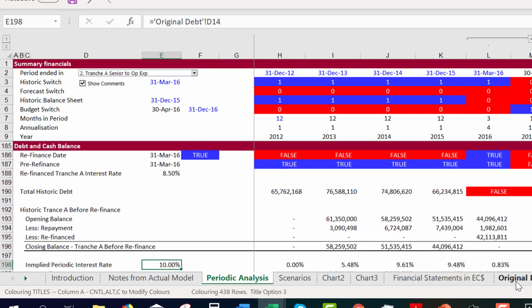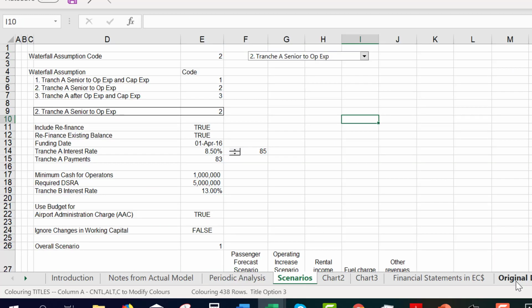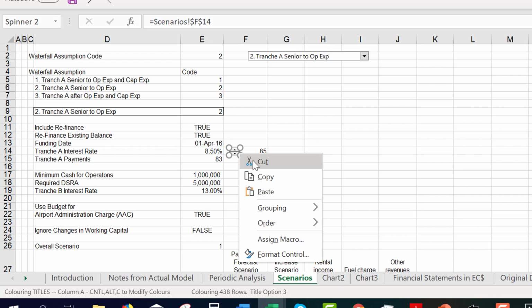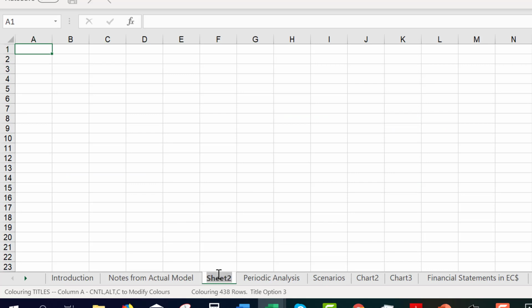we have, in this case, some refinancing. So we put a date of the refinancing, and we put an assumption in for what the interest rate will be on the refinancing. And then what we'll do in a minute is press Shift F11 to get a new sheet. We make a summary page and do things like changing the interest rate.